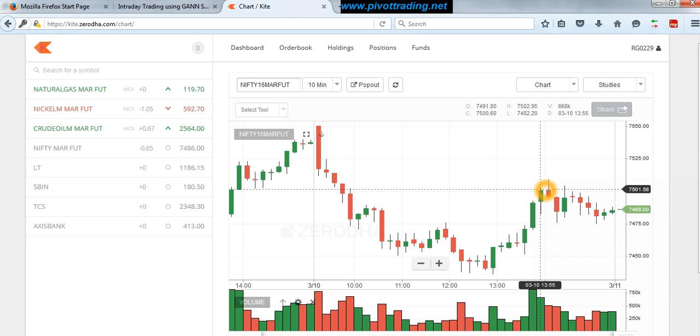But then it just went till 7508 and it reverted back. So as I mentioned before, we have to keep a trailing stop loss at our buy price. So we keep a trailing stop loss at 7482. Though target 1 was achieved, if we are waiting for target 2 and we are keeping a trailing stop loss, the trailing stop loss at 7482 will get hit. So ideally in this second trade, we didn't earn anything, but there was a possibility of earning at target 1.